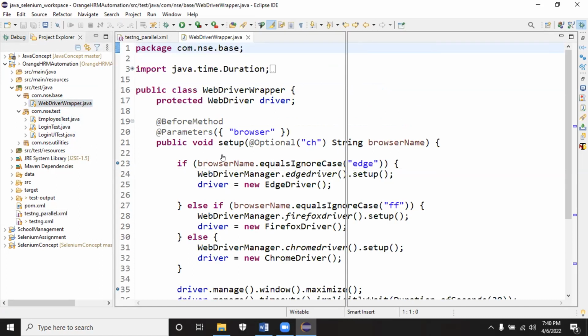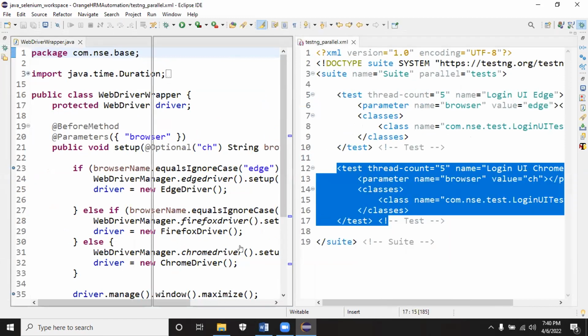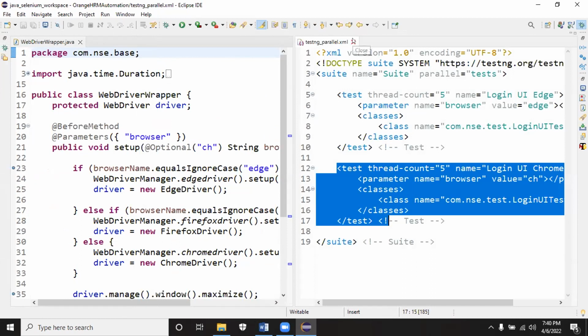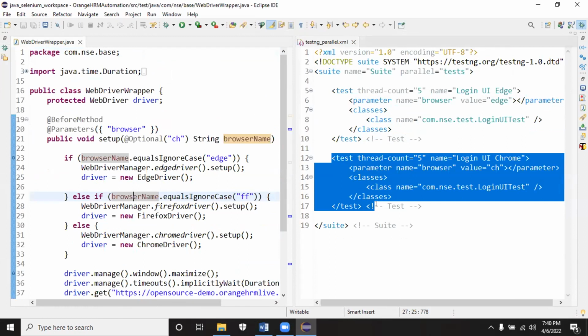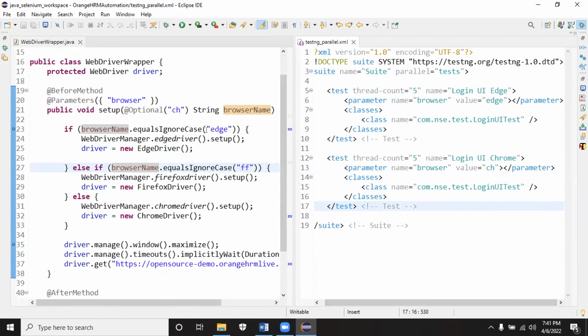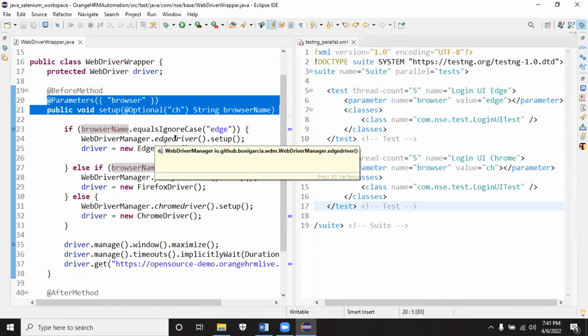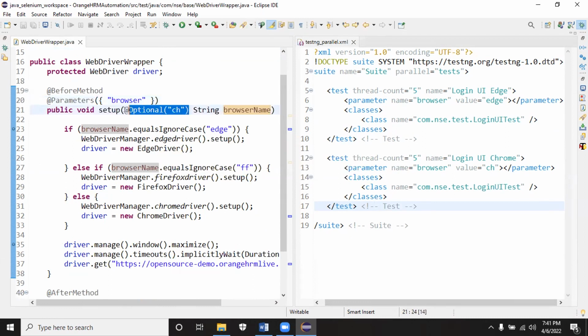Just update it one by one. This detail you need to update. Add optional, otherwise unwanted errors will come into the picture. And the if condition, I'll ping you.